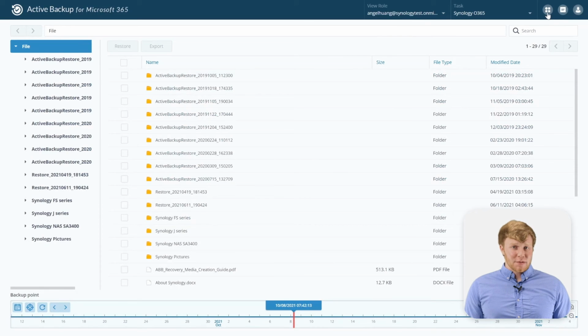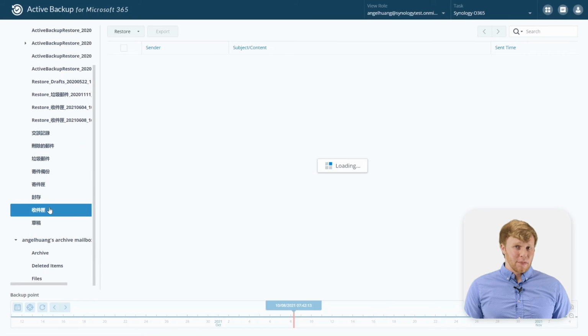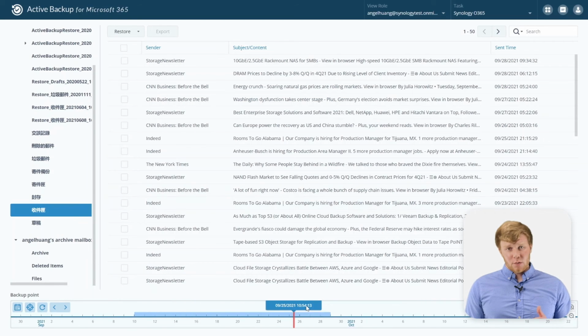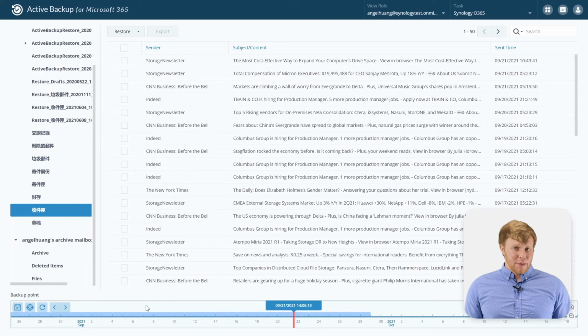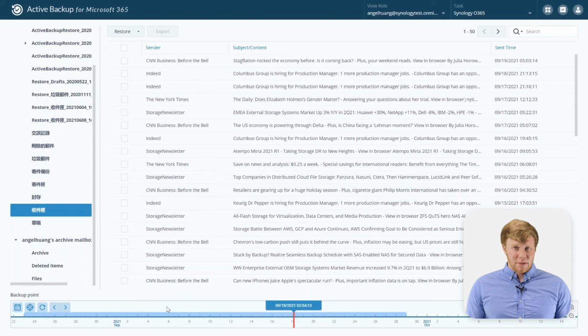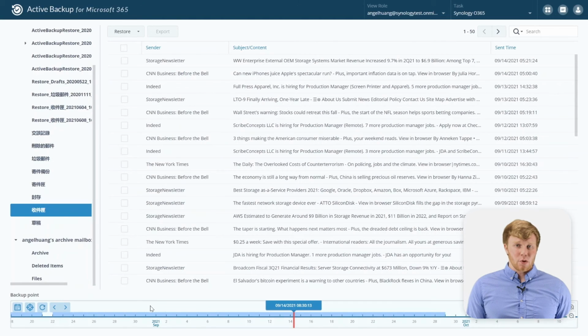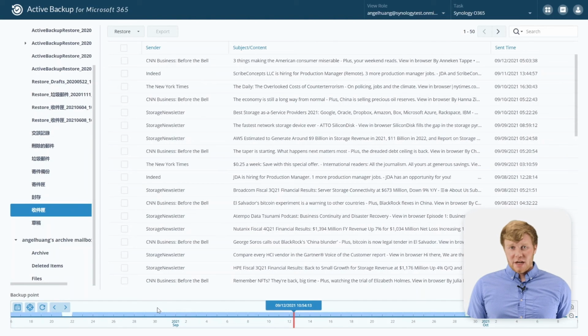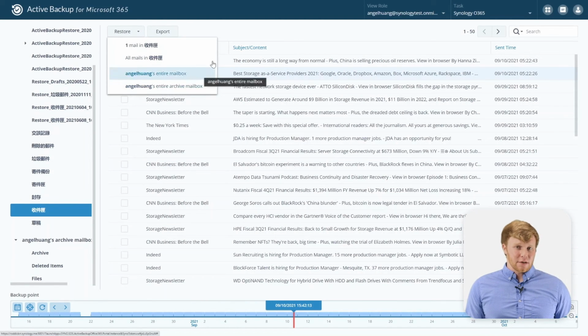And you'll notice when it pops up here, I'm actually going to go to my mailbox for a particular user. So we'll click on Mail right here, and we'll scroll along to go to my inbox for this user. And so you'll see here, as I mentioned before, if you scroll along this timeline, you'll see exactly what this mailbox looks like at a particular point in time. So I can scroll back to the time of an email that I might have accidentally deleted, and then find it here, and I can restore it back to this particular account.